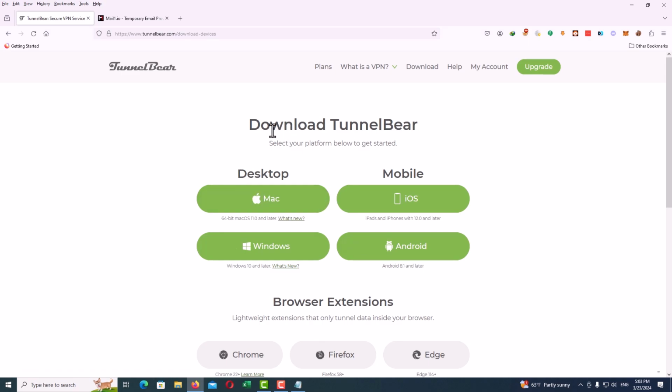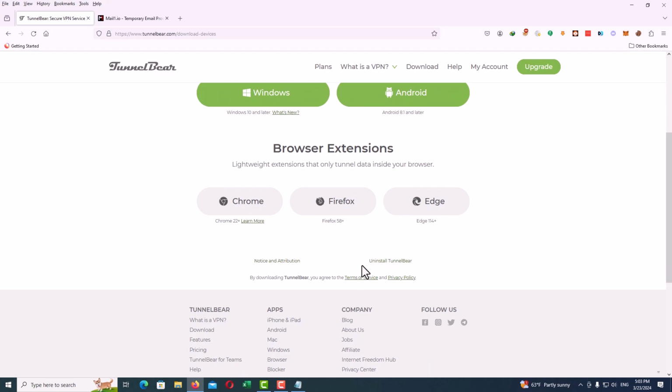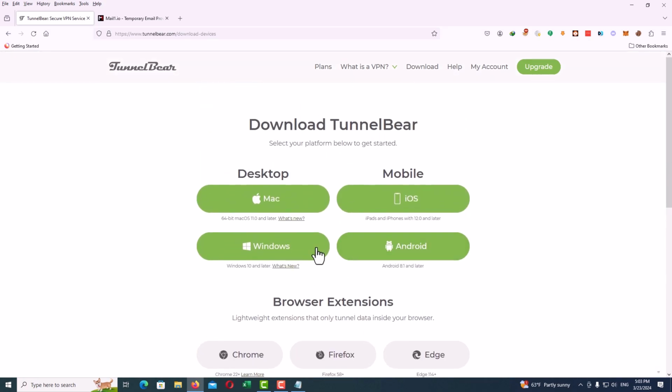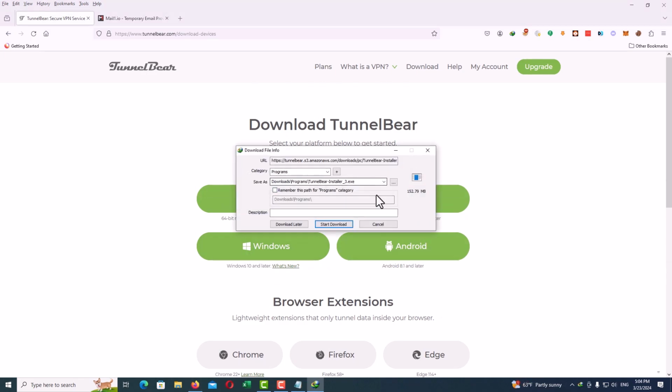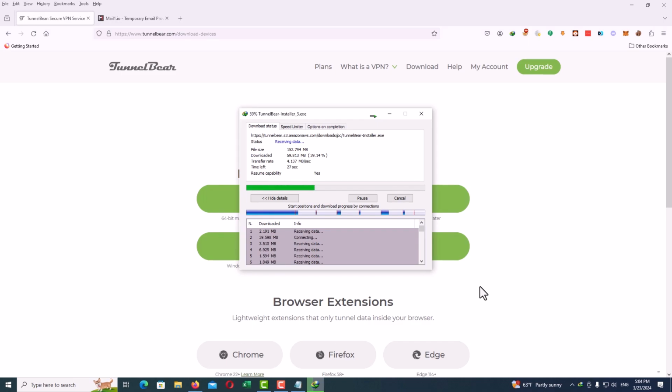As you can see, it has a desktop version which has macOS and Windows, and for mobile devices which has iOS devices and Android devices. And here you will find your browser extensions like Chrome, Firefox and Edge. So choose the appropriate option according to your platform and start downloading your VPN client. Just tap on the button and you will see your download file. Just start to download. After the client is completely downloaded, go to your email address and verify the email that